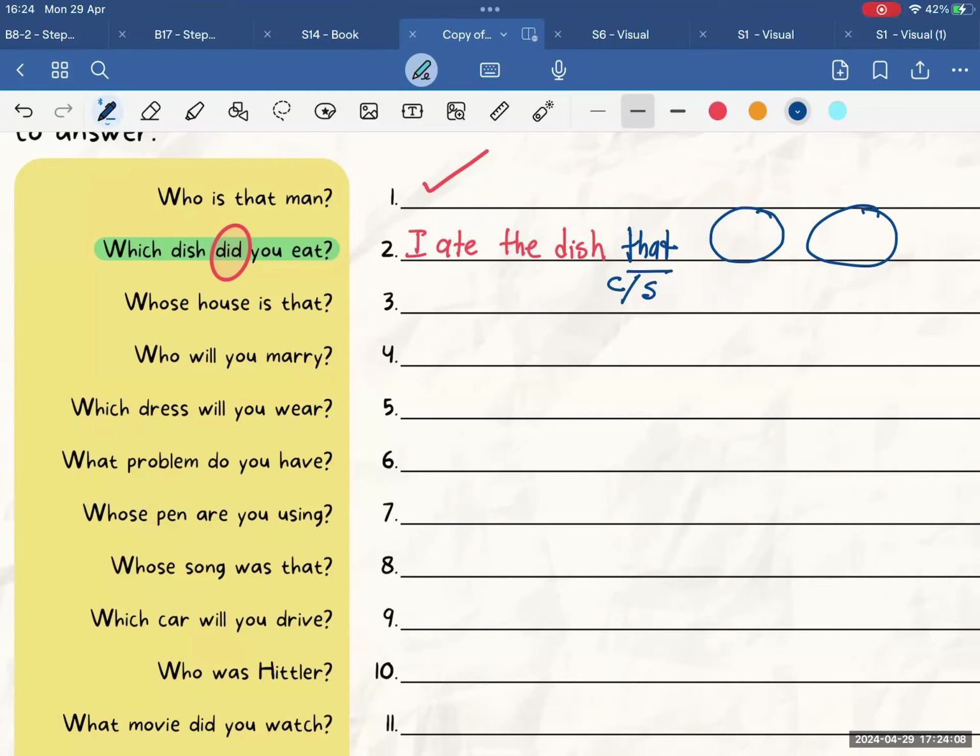Yo comí el platillo que... el que está en la mesa. Okay, so... estaba en la mesa. What is the verb? Was in the table. That was, we're going to put on the table. There you go. So it's like, yo me comí el platillo que, ese es su conector sujeto, estaba en la